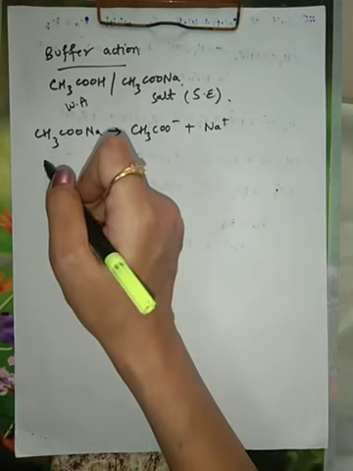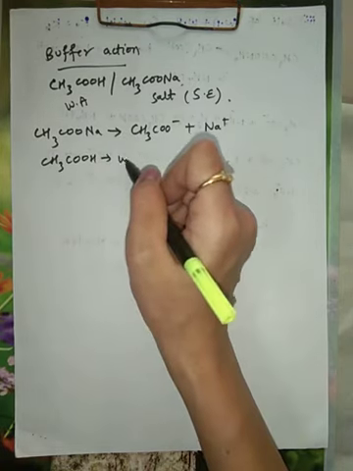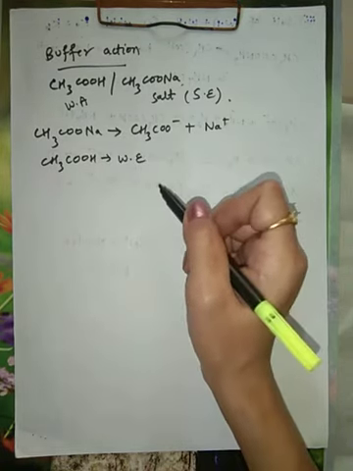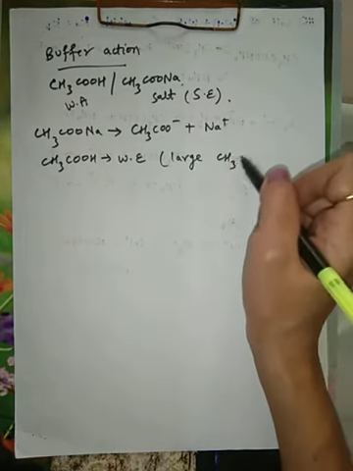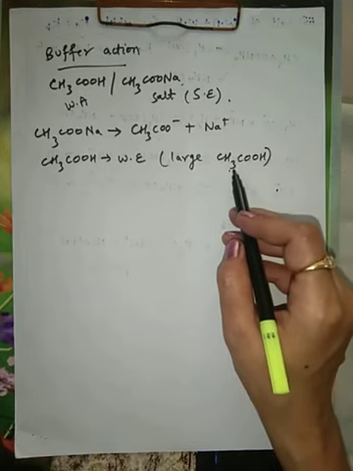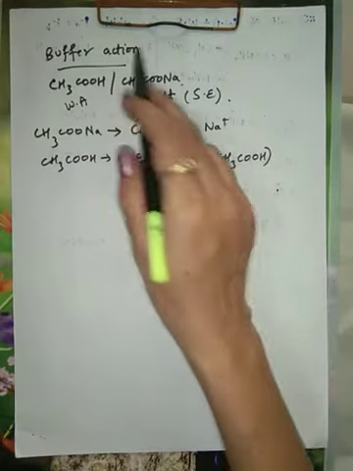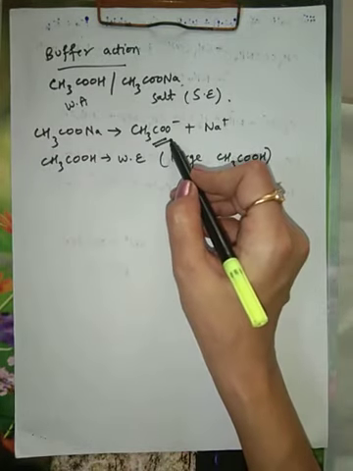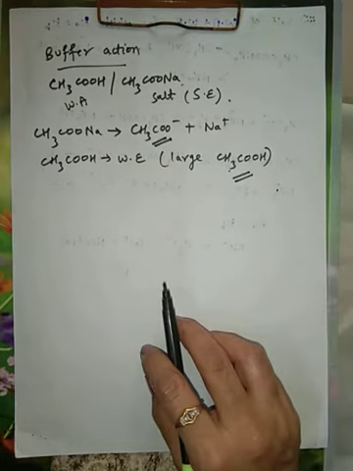Now acetic acid, we have already said it is weak. It is a weak electrolyte, right? So we will have a large concentration of what? Undissociated acetic acid. It will not dissociate. So acetic acid will be present as it is. We have in our acidic buffer solution two things, this in excess and this in excess. With this in mind we move ahead.